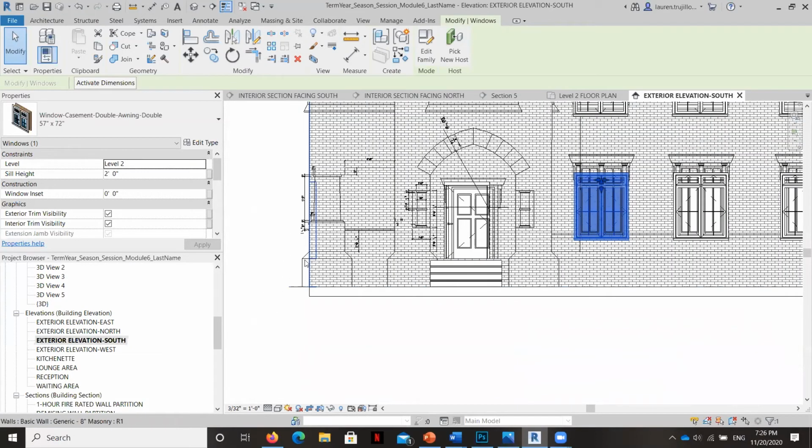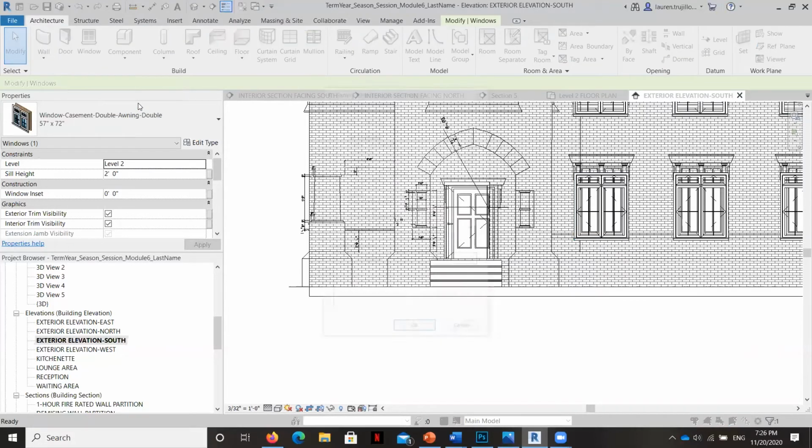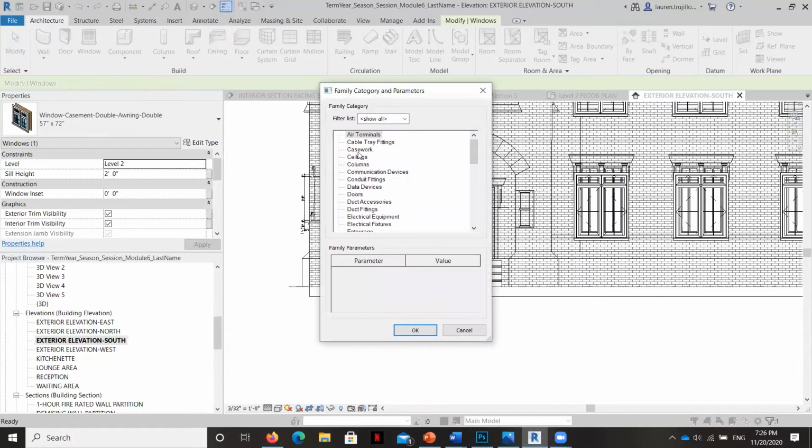I want you to notice how there's the profile of that plinth right here. So the first thing I'm going to do is create a sweep. Now, I'm going to go to the Architecture tab and hit Component, and this is where our Model in Place commands are right here. This would fall under really maybe it could be called a structural foundation.